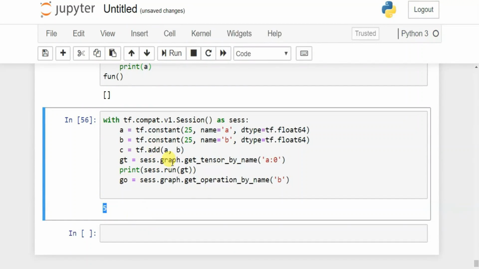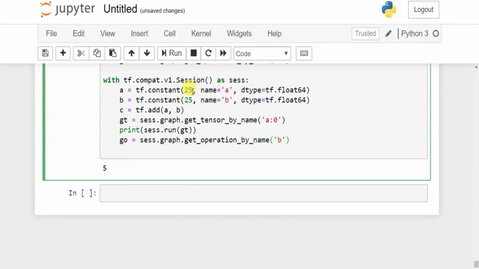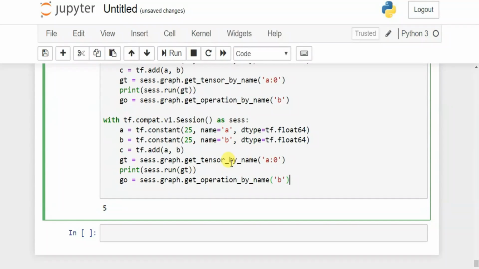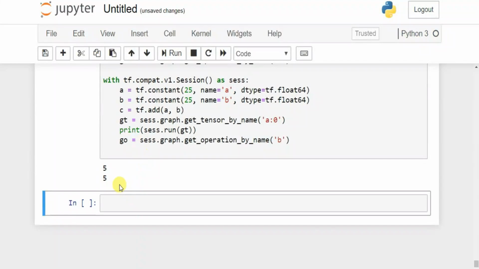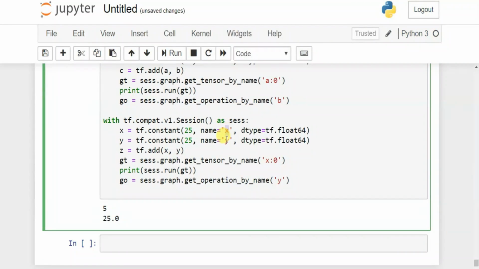Because if I copy all of this and paste this in here and create another session and run this again, you can see we again got 5. Oops, I forgot to add x and y in here. I'm gonna remove this again, and I'm gonna paste this. First I'm gonna run this and paste this again.